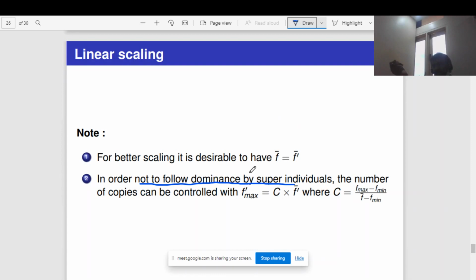So there is a chance, right? If someone is having a good fitness score, then they will be selected again and again, right? In a genetic algorithm. This happens in real time also. If someone is having a good CGPA, say 9.5, and he is good in all programming languages, then he may get selected by many companies, right? He may be selected by 2 companies, 3 companies, 4 companies.